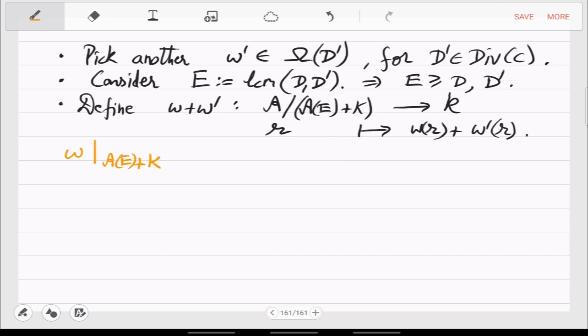The claim is that this is 0. Why is it 0? Because A_E plus K is